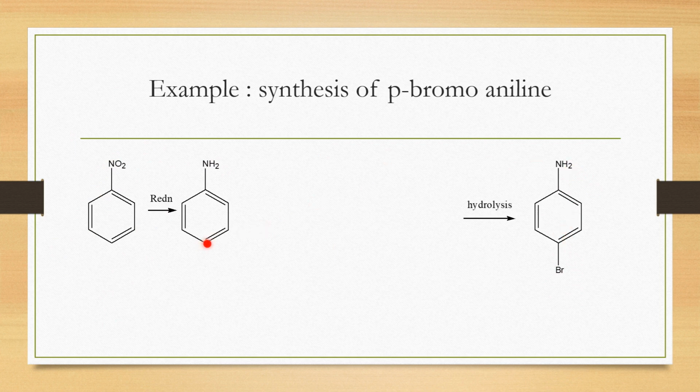Now you will say to directly do bromination and get Br over here, but that doesn't happen, because bromination can take place at the ortho position as well as at the para position, but we want only the para position. So what we need to do is blocking. This is called protection. In green chemistry you have studied one of the principles that you should avoid these steps of derivatization, protection and deprotection. So what we do is carry out acetylation. Here NH is replaced by COCH3.